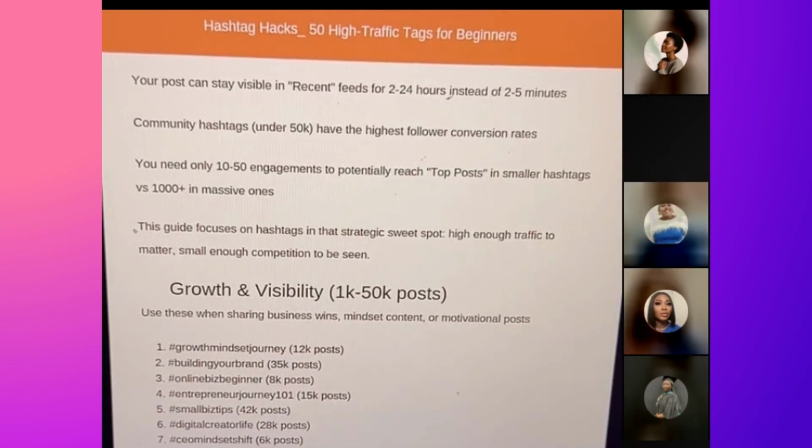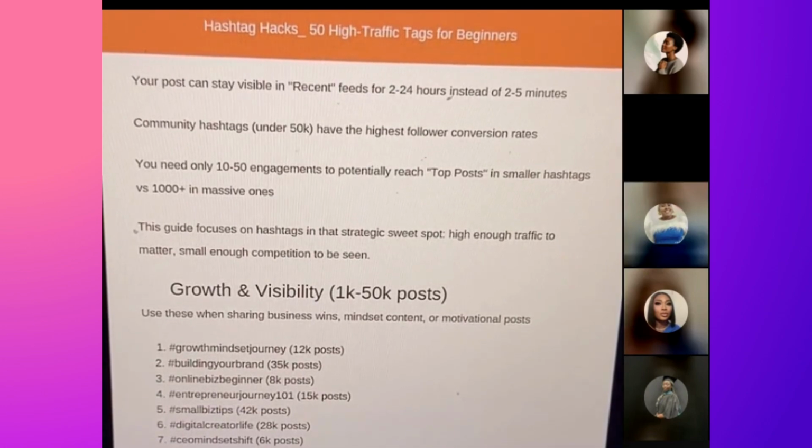So this is how you use your hashtags. So when you're using any hashtag that is below 50,000,